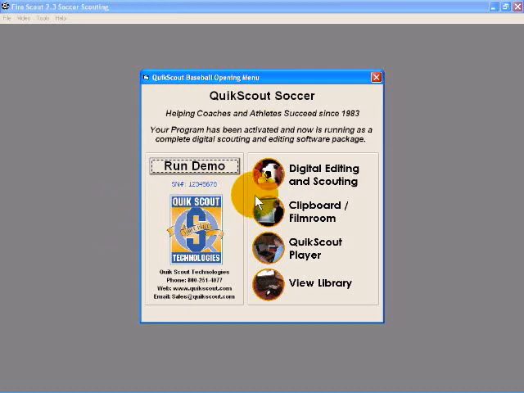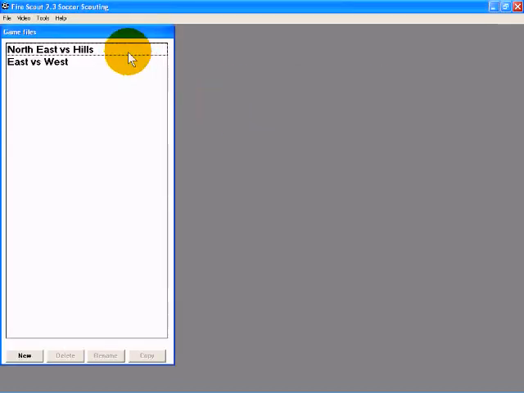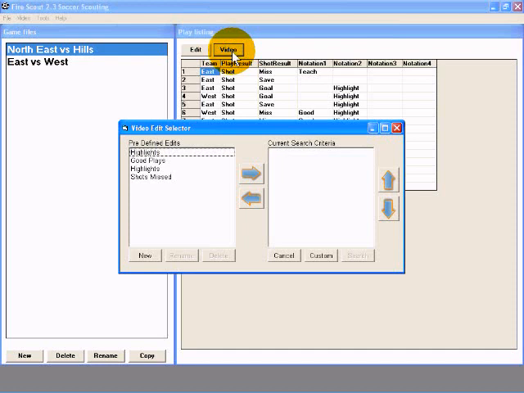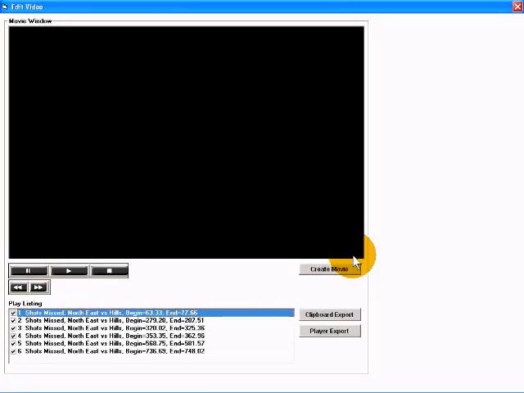The first thing I'm going to do is create an edit, something that I'm going to want to do with my players. So I'll go into Digital Editing Scouting. I'll choose my game, and I'll go Video. And again, I'm going to go through and find all the plays that were shots. Actually, let's use the shots missed, the one I was using earlier. So I'll add that to my search, and I'll hit search, and it's going to give me 6 plays that